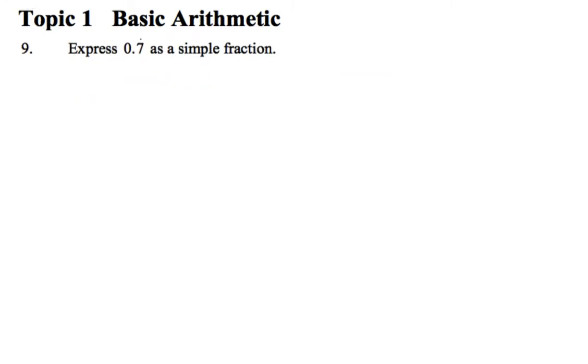Okay, expressing 0.7 repeater as a simple fraction. Now let's write it out as it would be with dot dot dots continuing. And we've got to go through a special process here. What we're going to do is let x equal that, and then think, okay, what would happen if we multiplied both sides of this so far by 10? We'll have 10x equaling, now when we multiply a decimal by 10, it moves the decimal point